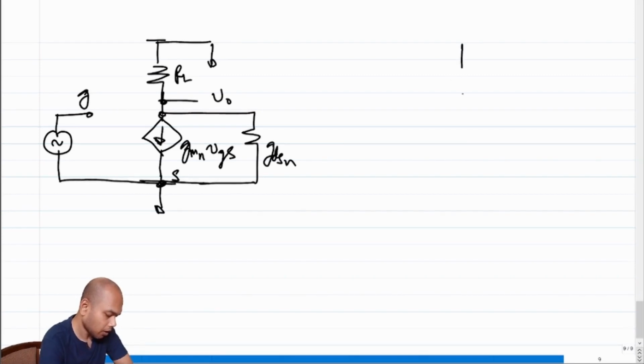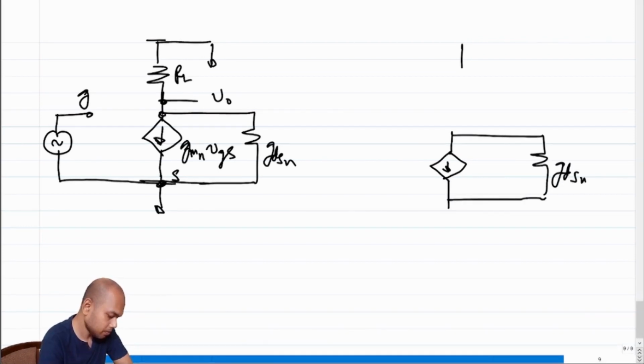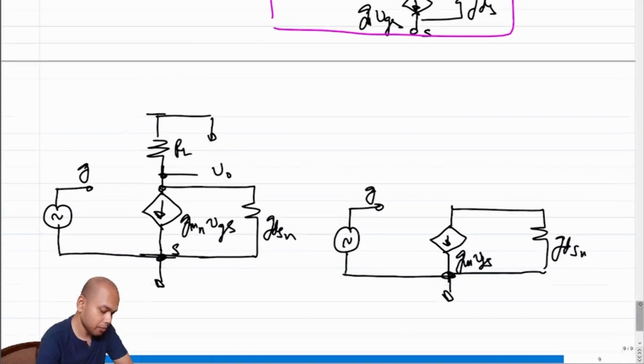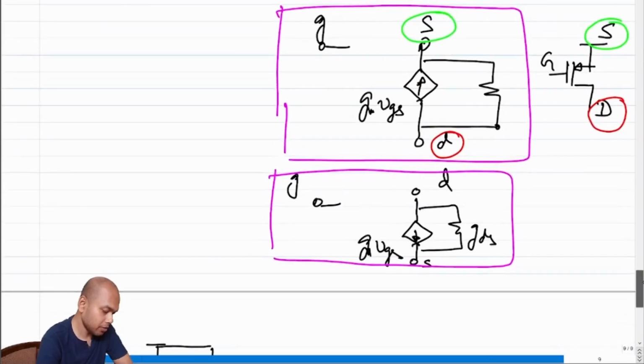So let's keep the bottom guy as is. If we replace the top guy, if we replace the RL with a PMOS transistor and we replace it with its PMOS equivalent, that is, we replace it with this structure,